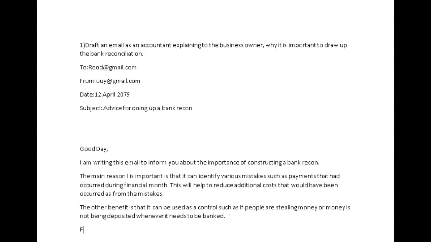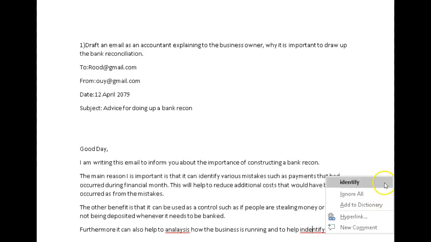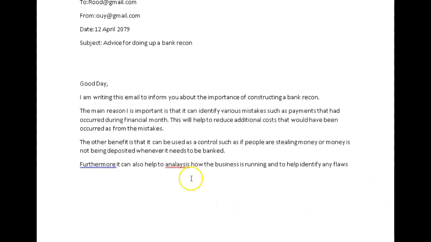So you can say furthermore, it can also help to analyze how the business is running and to help identify any flaws. Now what I mean by any flaws is that, let's say if on the bank statement and bank